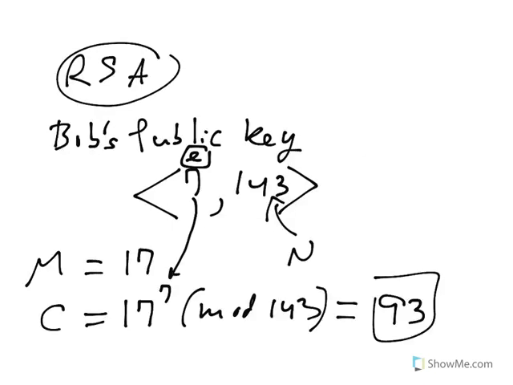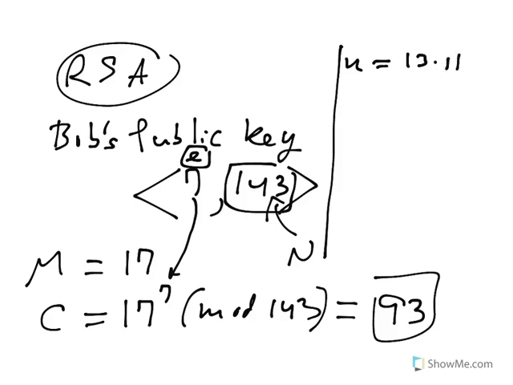Now, if you intercept a secret message, it's possible to figure out what the secret key is from the public key. But it requires first factoring this N value. So let's just say, in this case, N is small. It's 13 times 11. If you know that, we take what's called the phi of N, which is 1 less than 13 times 1 less than 11. That's the number of numbers less than 143 that are relatively prime to it. And there's a shortcut. If it's a product of two primes, you just take away one from each factor and